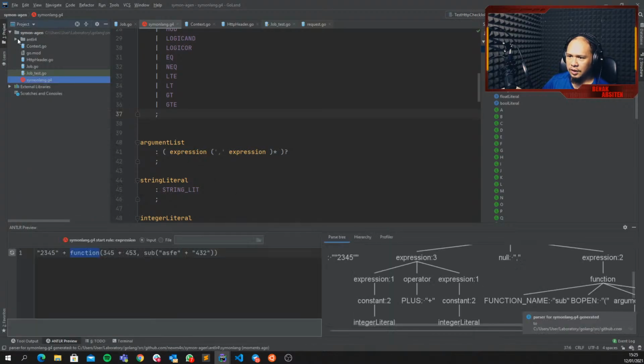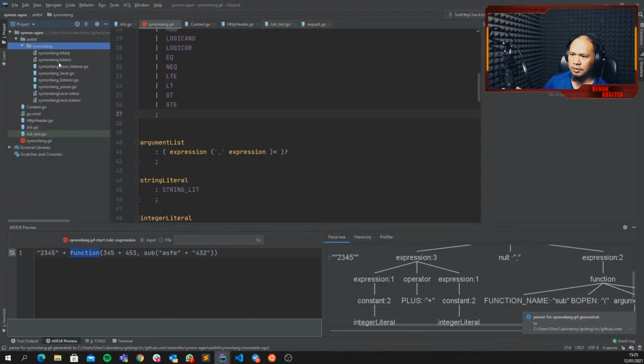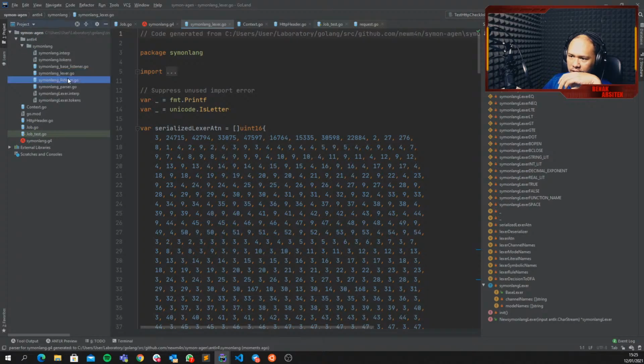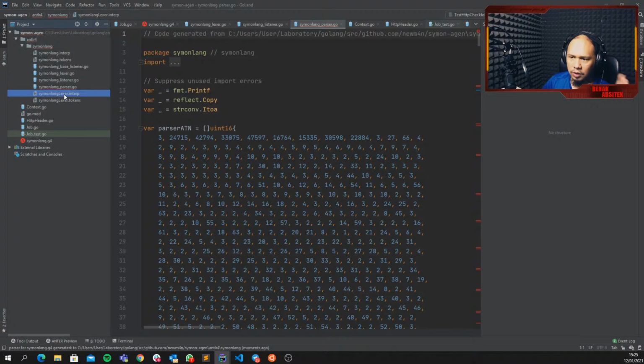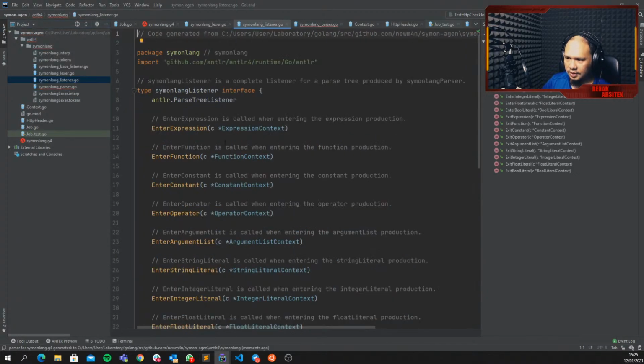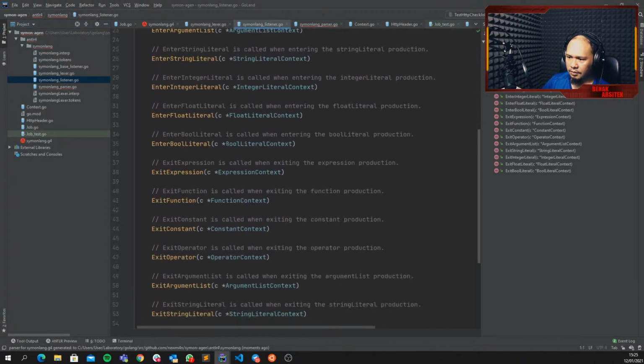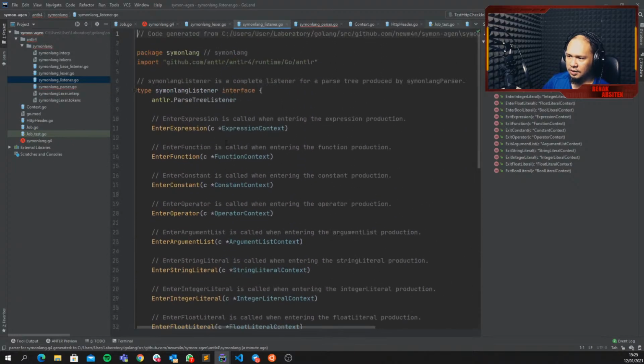Okay, so there you go. There will be a directory called ANTLR. Inside the ANTLR will be a package called Symon-Lang. There you go. So this Go code is all we need to be able to parse the string. Okay, for every parsing activity that is done, it will call a listener. This is the listener. Fortunately, the listener is not that much. So what we're going to do from this Symon-Lang listener,